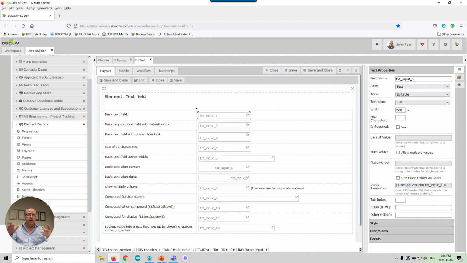Input translation, so as somebody types something in, whether or not that needs to be translated somehow, like trimmed. So if people have put extra spaces in and you want to trim those spaces out because you're going to use that data for something and you can't have spaces in it, there are little things like that that can happen. Or sometimes a mask that you want to put on. A tab index, so if you want to let people tab from field to field, it's easy to tab and go to the next field, tab to the next field. So you have a tab order just for entry sake, which can make it very convenient. And then